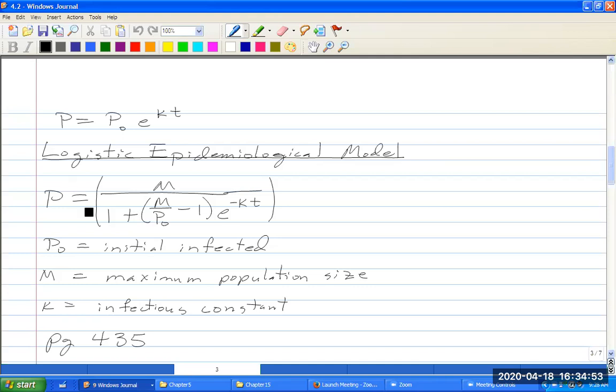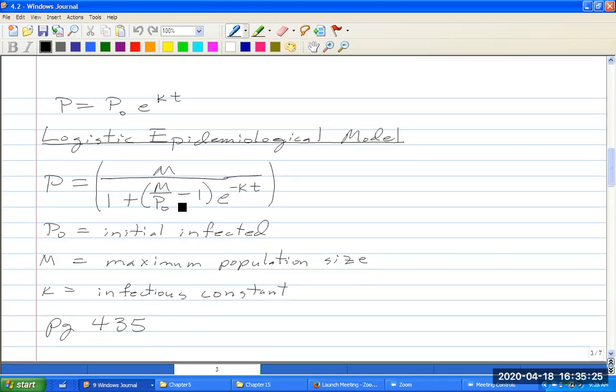P = M divided by 1 + (M/P_0 - 1) times the quantity e^(-kt). P_0 is the initial number that are infected. M is the maximum population size. k is some infectious constant. And so let's do